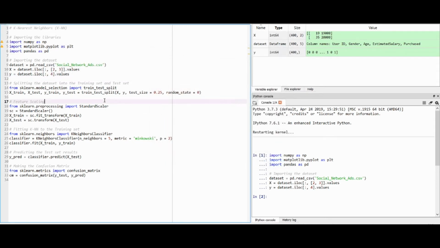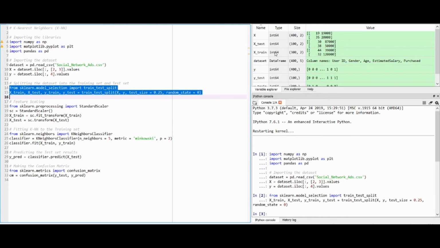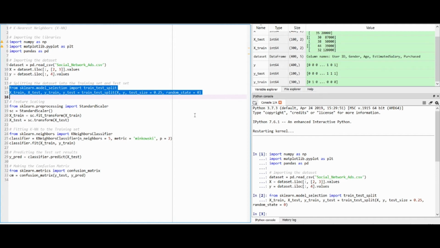Now after this we are going to split our data set into train and test sets. Let me run this code and split our data set. As you can see, our data set is split into X train, X test, Y train and Y test.